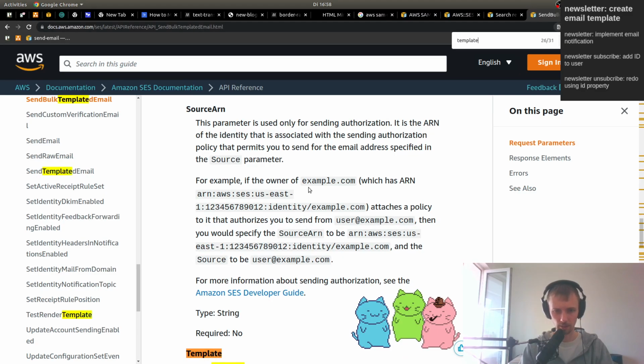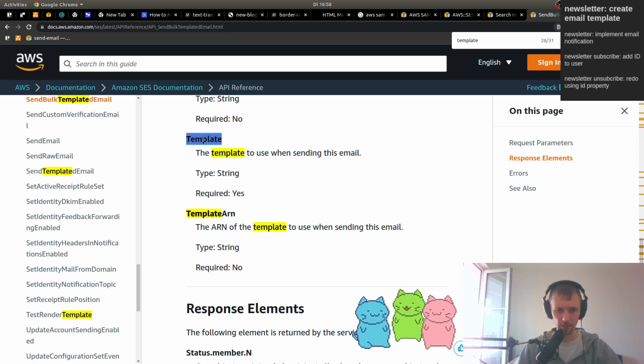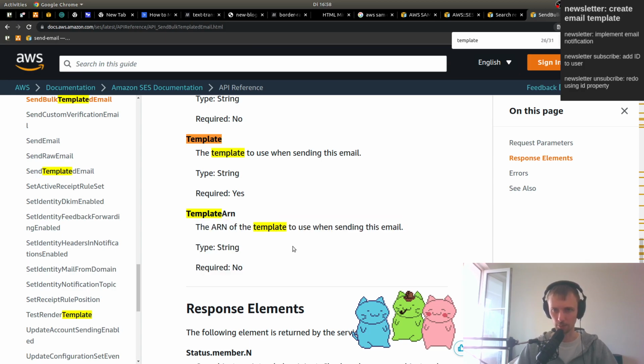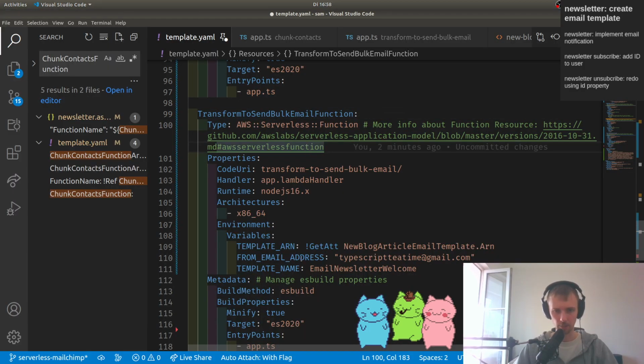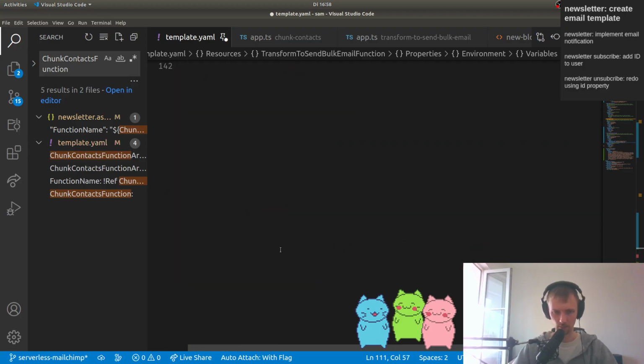Template. There it is, the template ARN. The template is actually required, the ARN is not required apparently, at least according to the documentation. Alright, so in that case, we somehow have to use something like get attribute dot, this one dot,